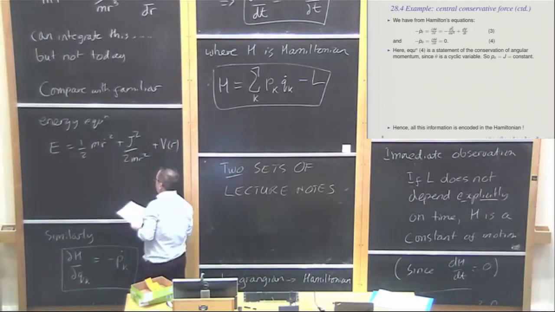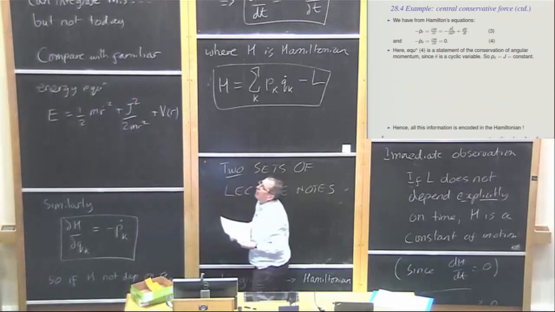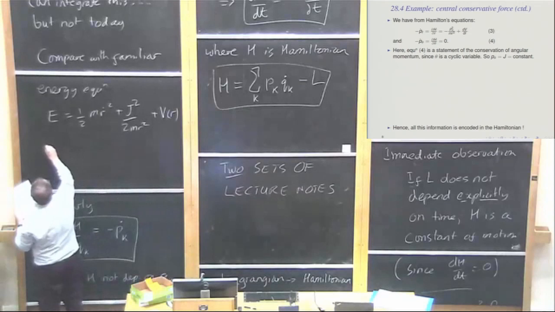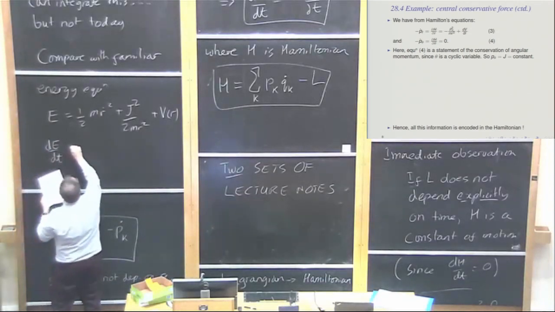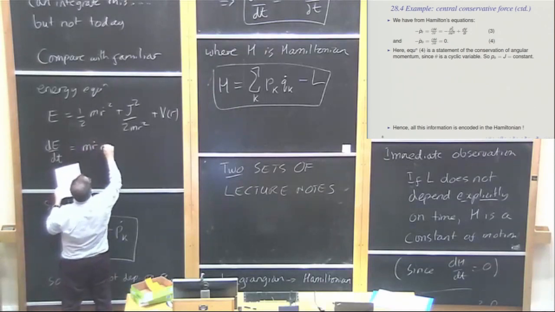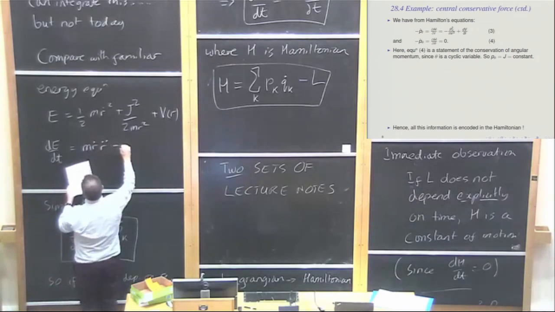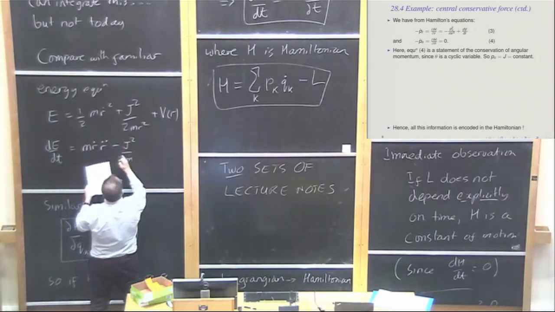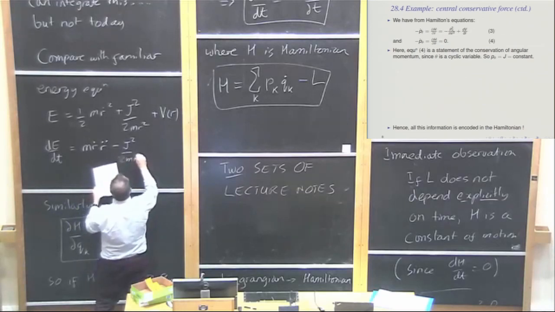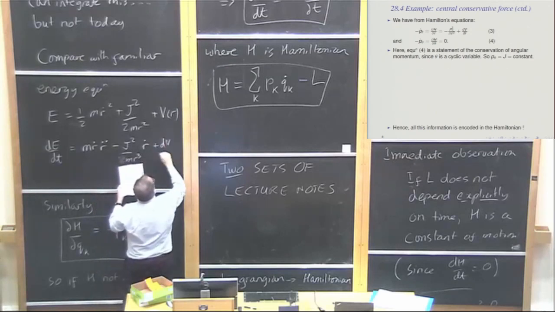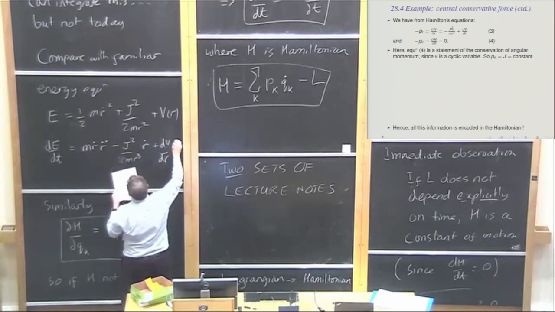Okay, so that's the energy equation for a central force, a central potential. Let's differentiate that with respect to time, dE by dt. What do we end up with? We end up with m r dot r double dot minus j squared over m r cubed r dot plus dV by dr r dot,